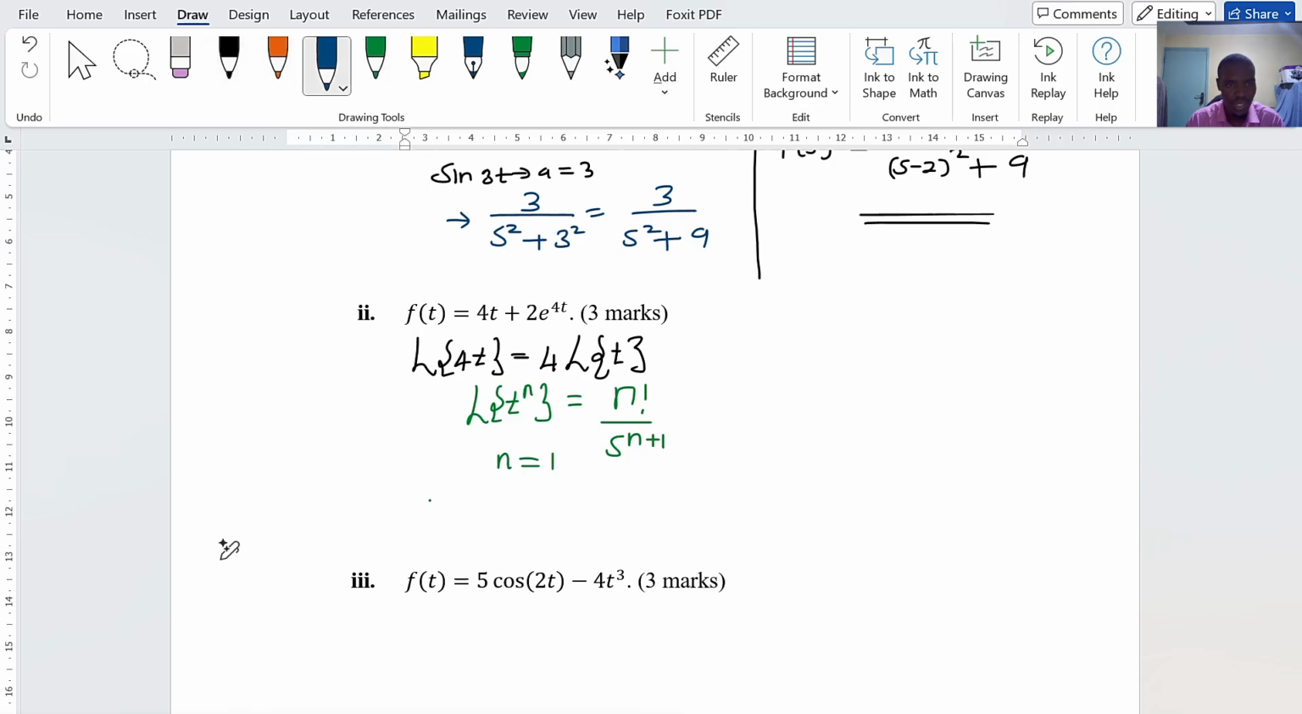So we'll have 4 times Laplace of t power n, where n is 1, so it is 1 factorial divided by s power 1 plus 1, because our power of t is that, which will simply be 4 over s squared. Look how simple it is. Now we move on to the next part. The next part is